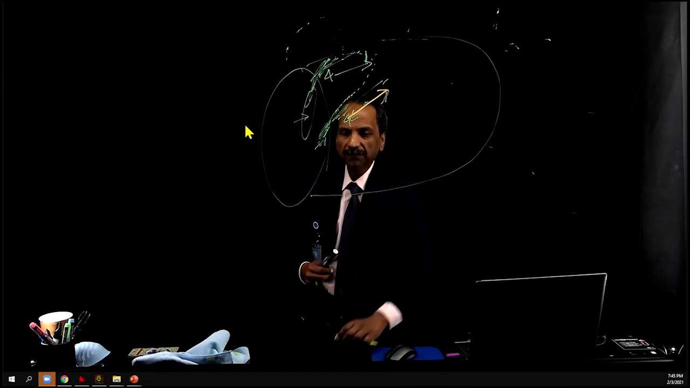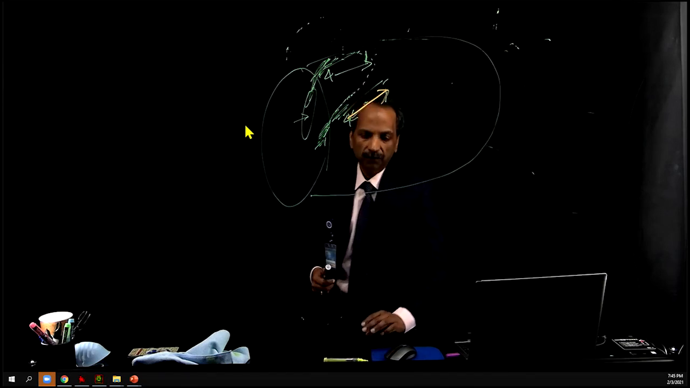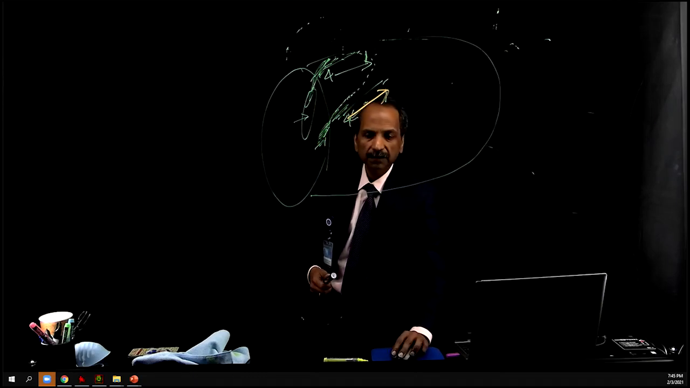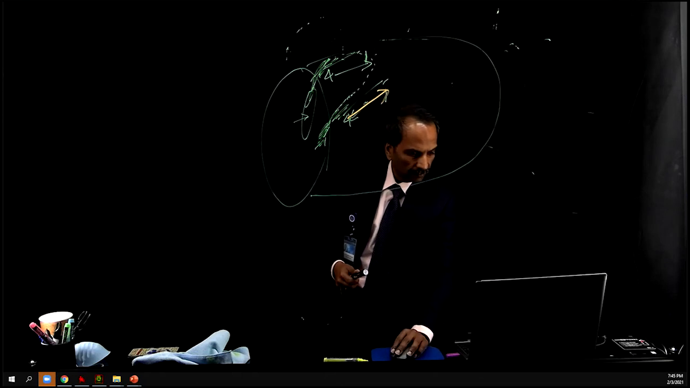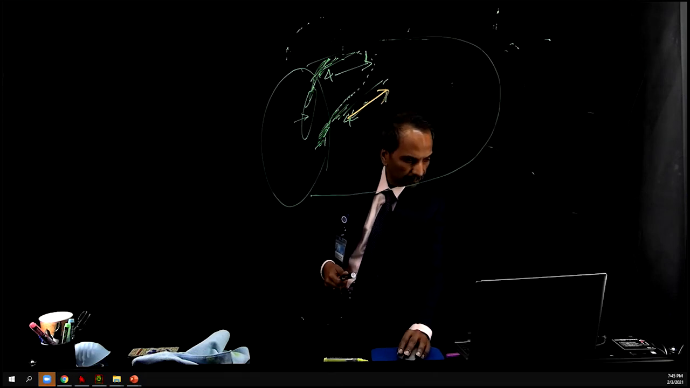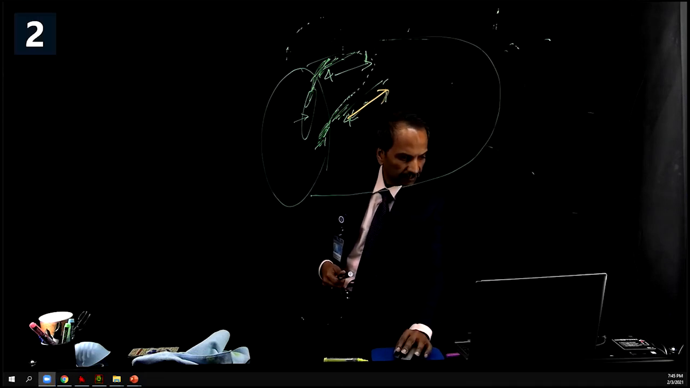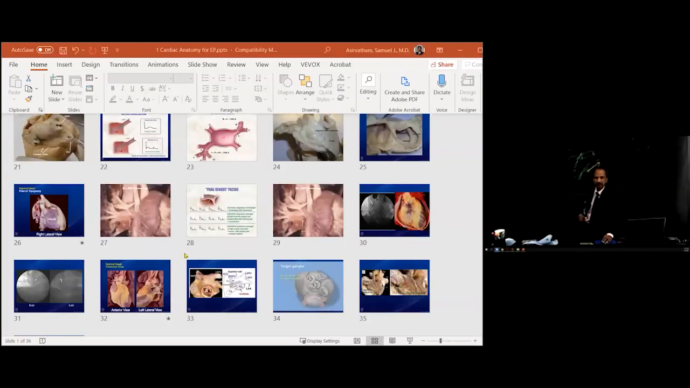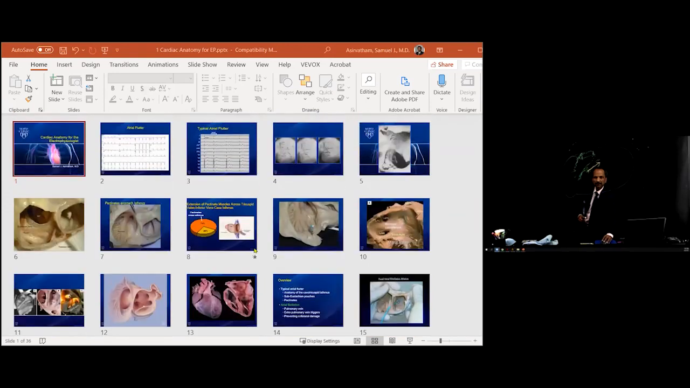The other difference to keep in mind with CCTGA, and for that I'll just do a share here, is to understand that the non-coronary sinus, so if we look up at this figure here,